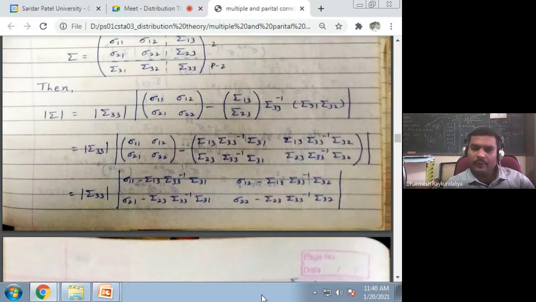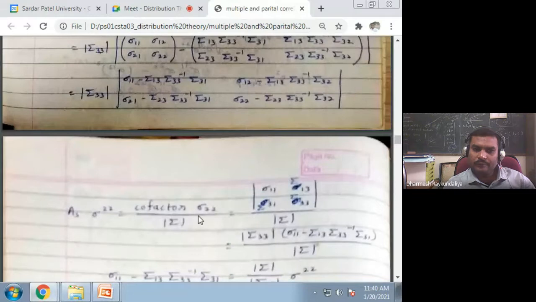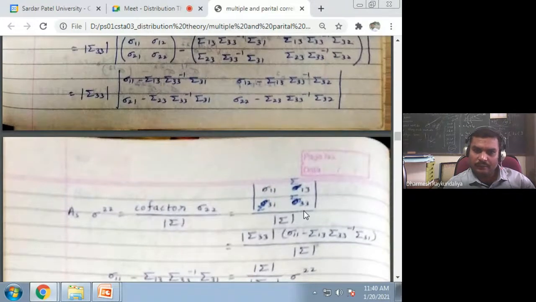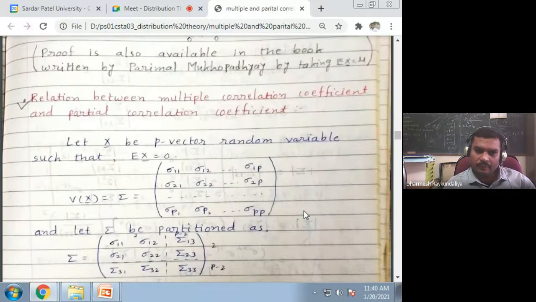So how will you find out this determinant? I wish to find out the sigma 2 2 inverse. Sigma 2 2 inverse is nothing but the cofactor of sigma 2 2 divided by the determinant of sigma. We have seen this. If I wish to find out the inverse of this, I have to find out the cofactor of this divided by the determinant of the sigma. So to find out the cofactor, what happens? I will just